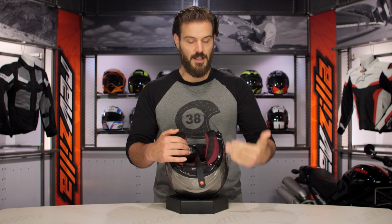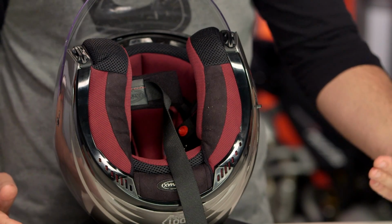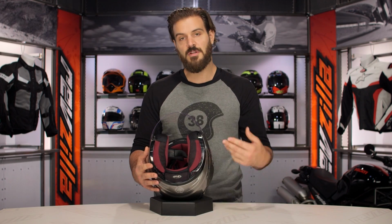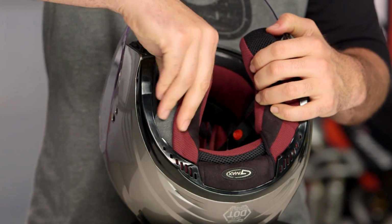So what we're seeing with a lot of these new GMax helmets is they've gone into what they call a Spa Soft interior. And this is going to be a combination of CoolMax technology, and it's also going to be a combination of both bamboo and charcoal. And what you get is a nice sweat wicking helmet, but there's a lot of antimicrobial factors in here, so you don't end up with a helmet that smells after long rides where you do tend to sweat a lot